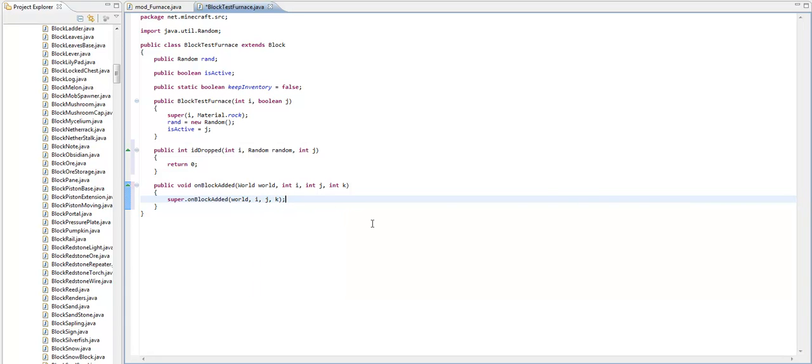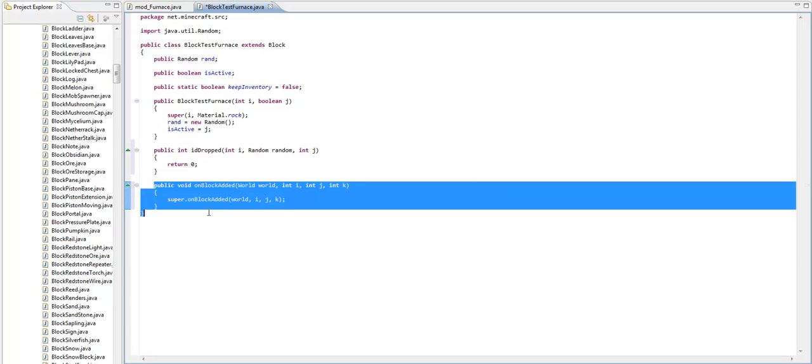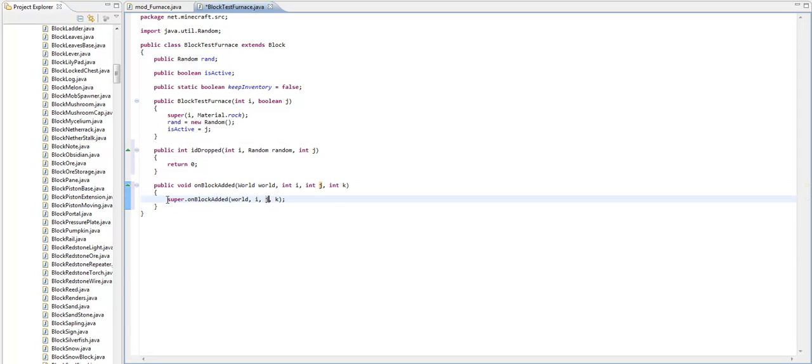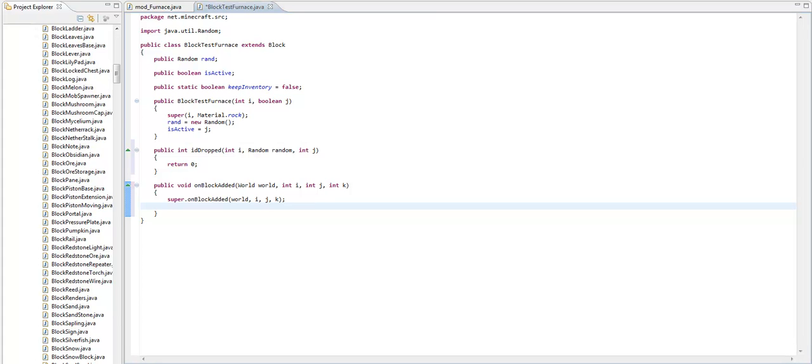So this method will run when any block that references this class is added to the world. So what we're saying is when this is added, do what it would already do, but also we're going to override it later on once we have made another method